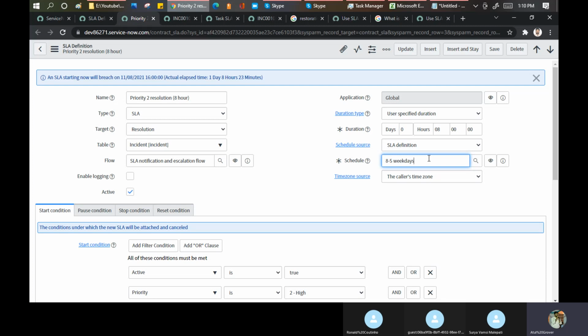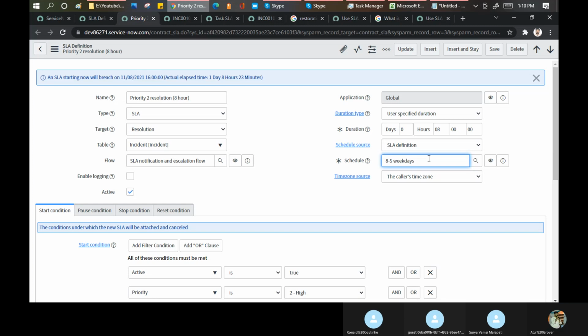Because if you did not configure, SLA will run on the holidays as well, like 1st January, 31st of December. It will run because you did not give me the update. Customer says you did not ask me for the holidays. Ultimately, it is your loss only. Correct. So these things you can relatively ask. Got it.